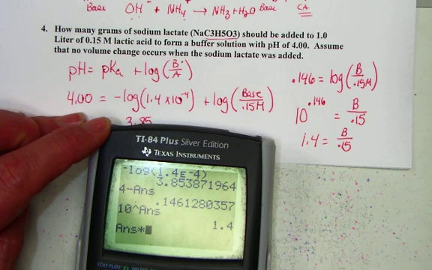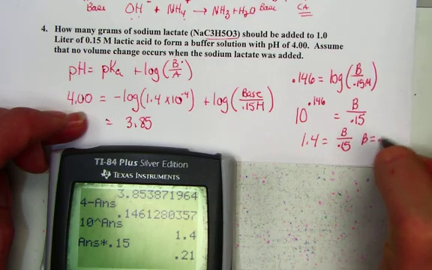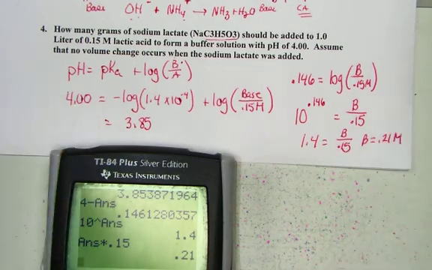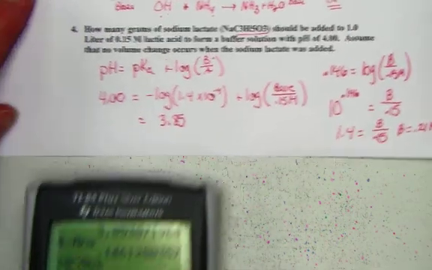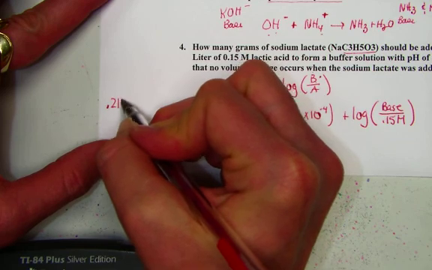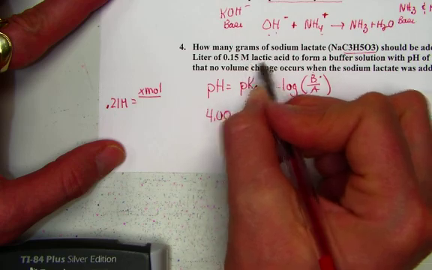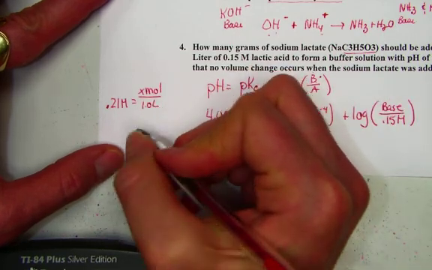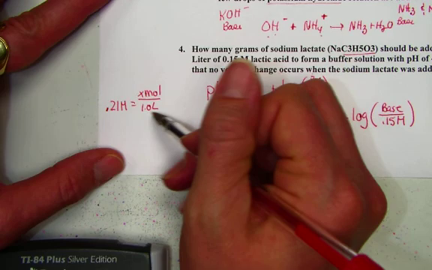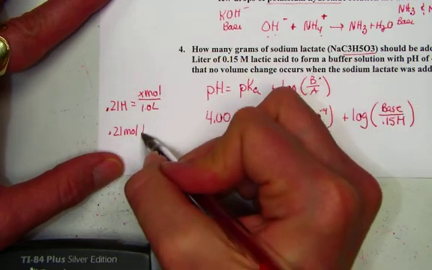1.4 times 0.15, and I get an answer of 0.21. What that's showing us is the concentration of the sodium lactate to be 0.21 molar solution. We need to do some molarity work to actually pull out grams. 0.21 molar is equal to X moles per liter of solution. So knowing that we have a 1 liter solution, cross multiplying, we also have 0.21 moles of sodium lactate, whose